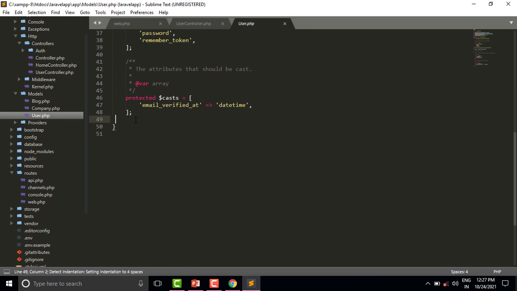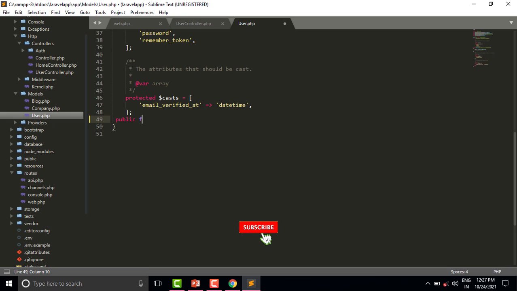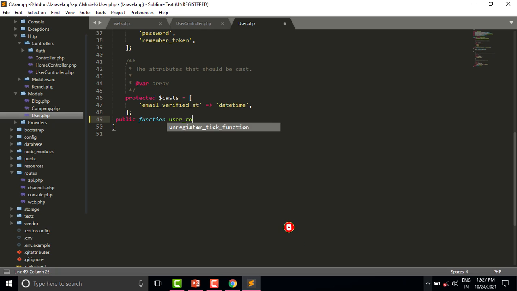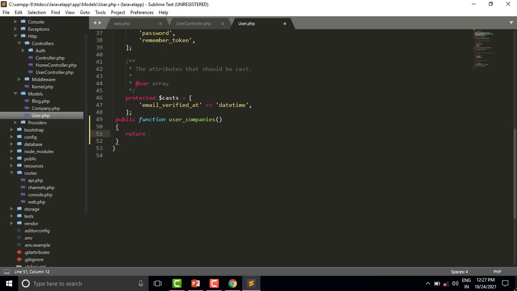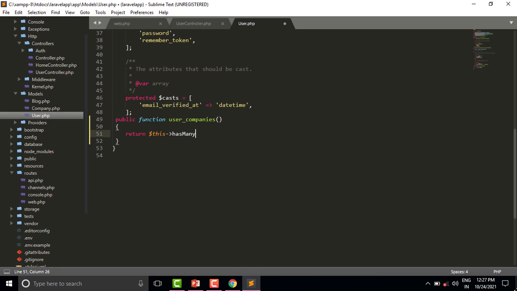So let us create the function. public function user companies, return this has many.